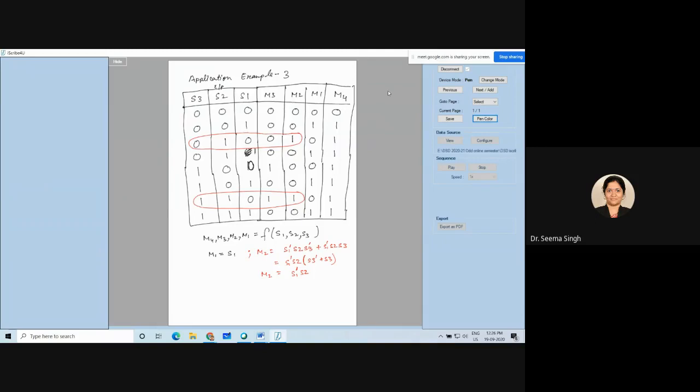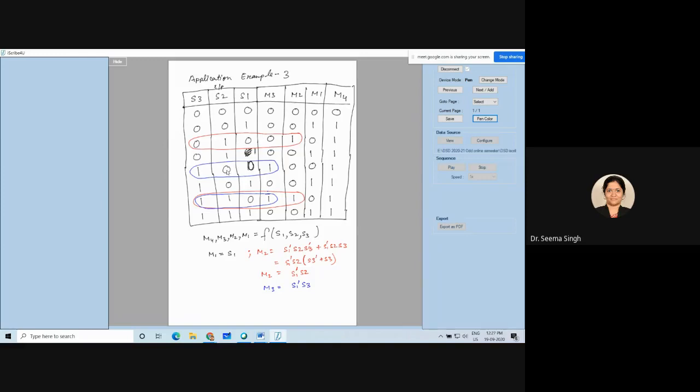Okay, now let us go for M3. M3 is also a similar case. M3 is this one, and M3 is this one again. S1 bar S3, ma'am. Right, S1 bar S3 we get. Now I will not write this don't care business again because I have already explained it with M2. You have S1 bar, that is important, because material should not be present on belt 1, so sensor 1 has to be 0. After that, when material is present on the third belt, so S3 is there, it will run. Now S2 is don't care for it. Whether material is there or not, it will run.